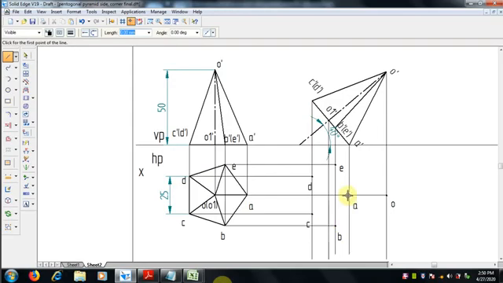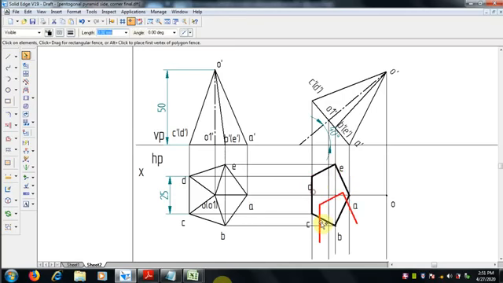Now draw lines, join the base ABCD, exactly the end points you have to select, and it should be a thin line. Actually we can convert this, no problem. The entire base, now select and make it into thin lines.